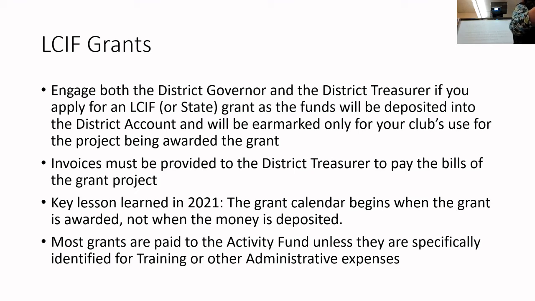They always need the same thing, but they don't keep the information. For the grant they had 2 years ago, they don't keep our bank information. They don't keep our W-9. They don't keep our IRS letter. You have to provide that every time. But if you tell the district treasurer you're going to need that, then I'll have that file ready rather than the scramble. And believe me, every time this happens, I'm either at my parents' at the lake cottage, or I've broken my leg and I can't get to my basement where that stuff is.